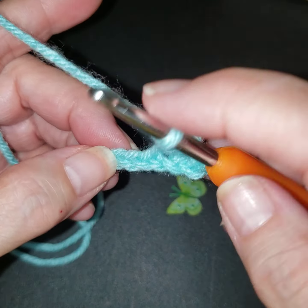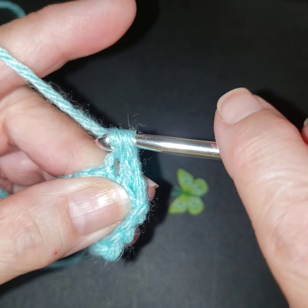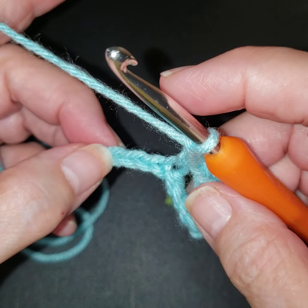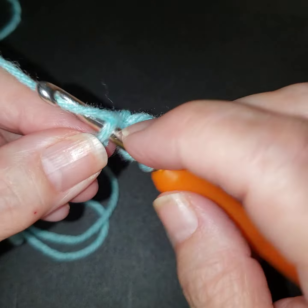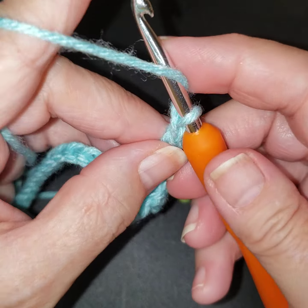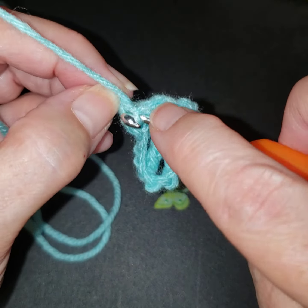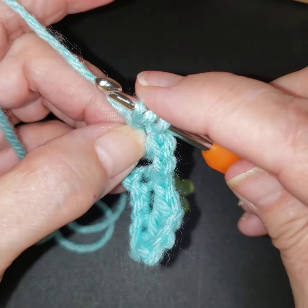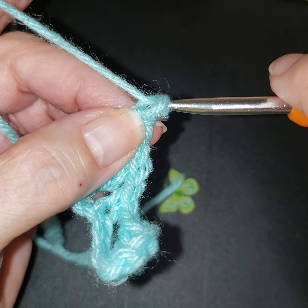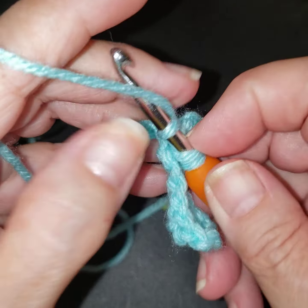So we skip 2. We go to what I call an anchor stitch. It's a single crochet that anchors these little clusters we're making. Sets, we chain 1, we're going to chain 2 again, and we are going to start off with a double crochet, chain 1, and treble is yarn over twice. We're going to work it in that same space. We're going through 2, 2, and 2, and that's our treble, and then we're going to yarn over and do a chain. And then we're going to end this little cluster set with another double crochet